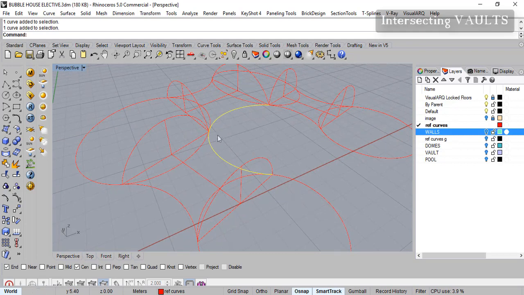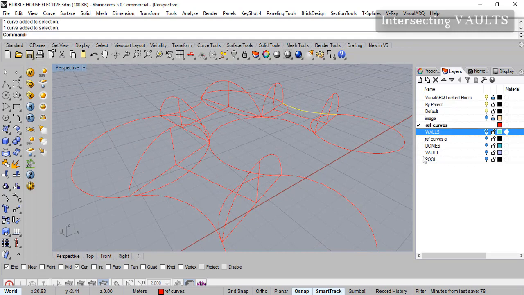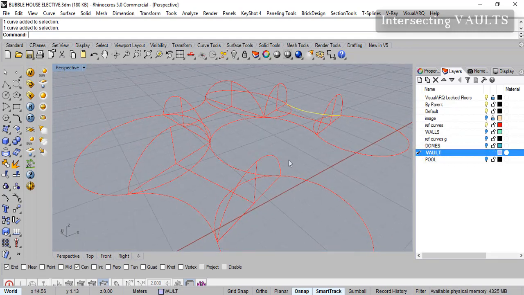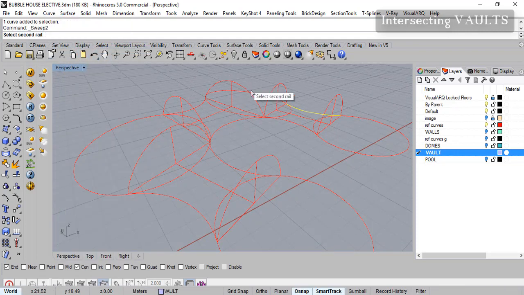So what I can do in the perspective view is come to split, and use the point method and just specify this point, end point, say enter, and there are 2 curves. Fine, so this curve will be used for this vault, right? This curve will be used for this vault. Now we'll put our vault layer on, since we want the surfaces to be created in vault, and we'll just do that simple procedure of sweep to rail. So use a sweep to rail,